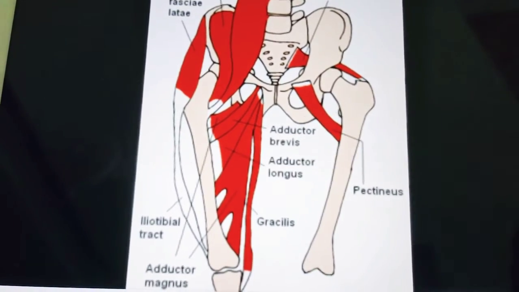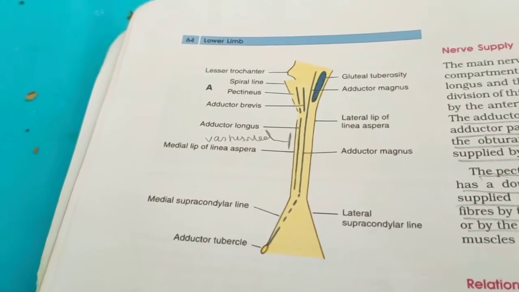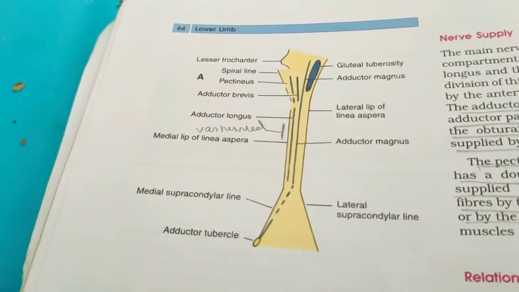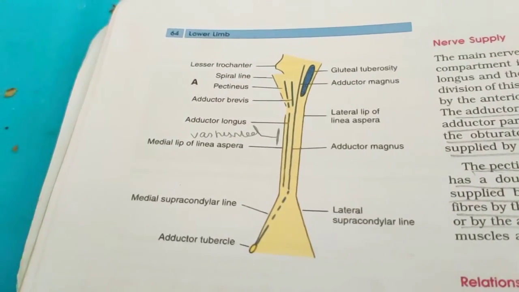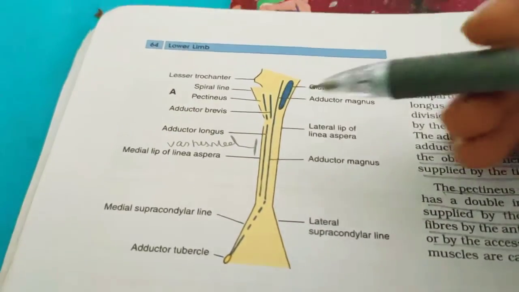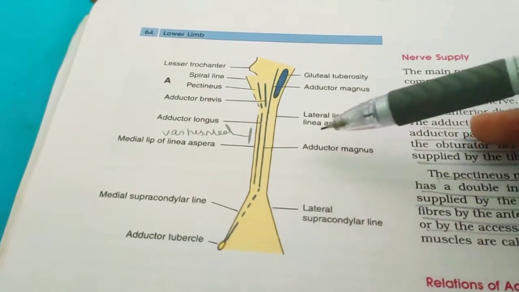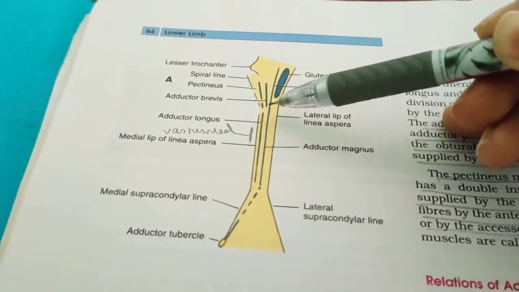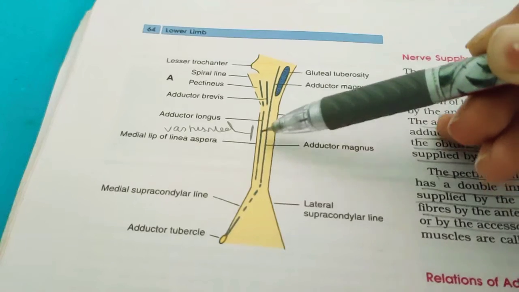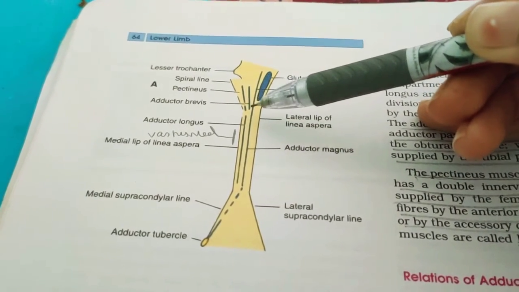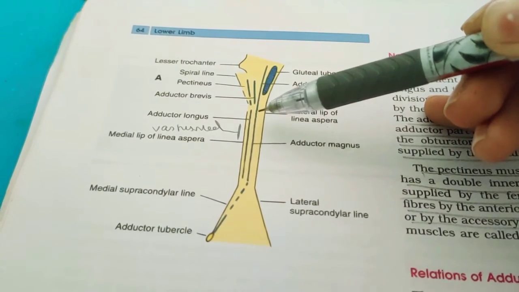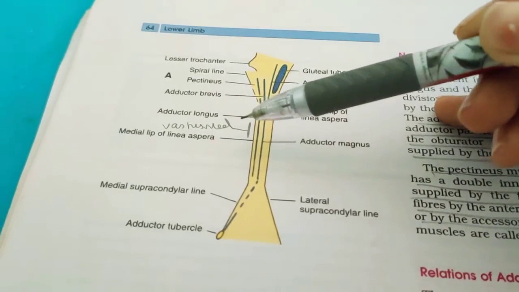Let us see another diagram for that. So you can check out this diagram for the insertion of adductor longus. It is attached to the linea aspera in the middle 1/3 of the shaft. So this is the middle 1/3 of the shaft. Actually this line is linea aspera, it will be in the middle like this, okay? So what they are saying, in the middle 1/3 of the shaft between the vastus medialis and adductor brevis and